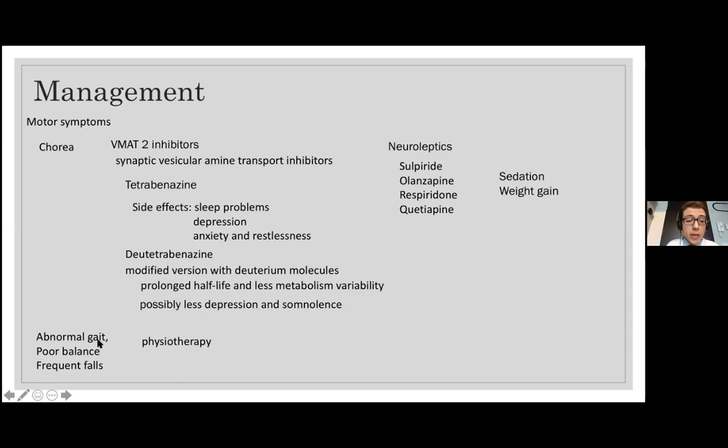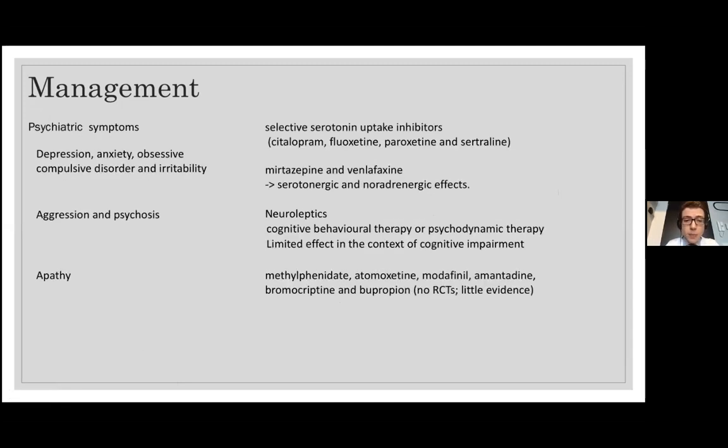In terms of the abnormal gait, poor balance, and frequent falls, physiotherapy can help. For the psychiatric symptoms, there isn't a lot of literature to help decide on the best treatment for HD patients, but we can treat the symptoms according to the best practices for each symptom. So for instance, for depression, anxiety, OCD, and irritability, we can give antidepressants such as SSRIs and also mirtazapine and venlafaxine. And for the aggression and psychosis, we can give neuroleptics and cognitive behavioral therapy,